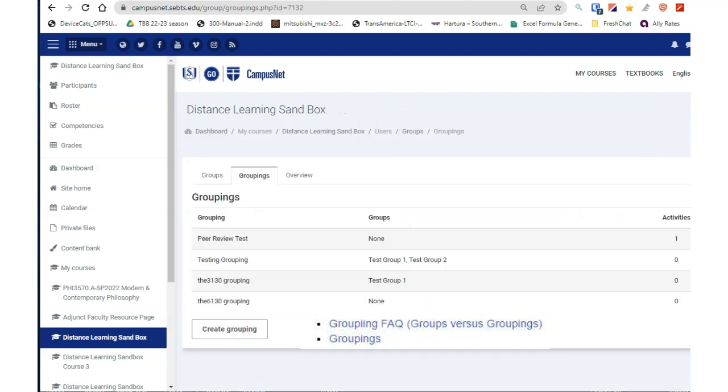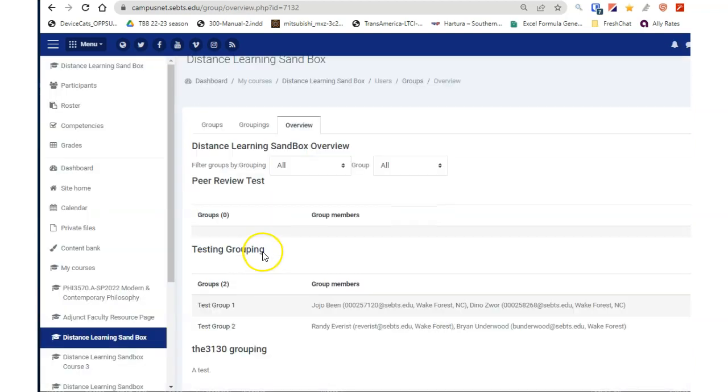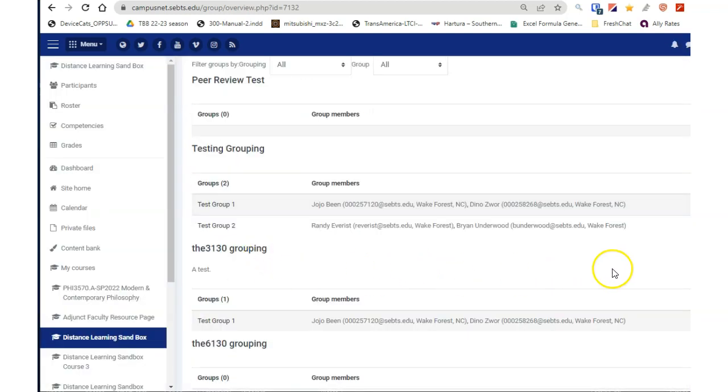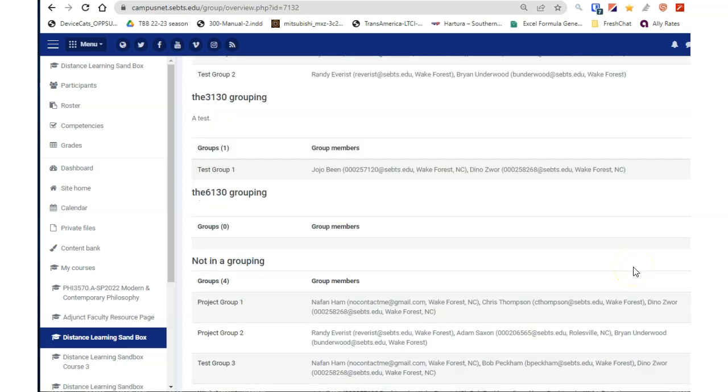Finally, the Overview tab on the group screen will let you view all of the groups and their members. If you set up groupings previously, you will also see how the groups are